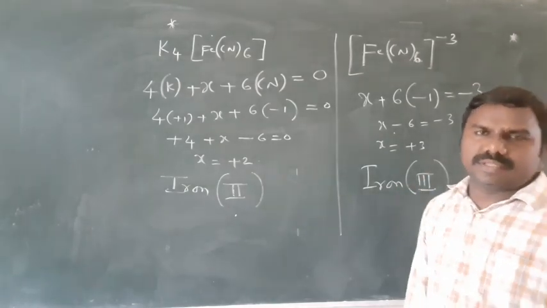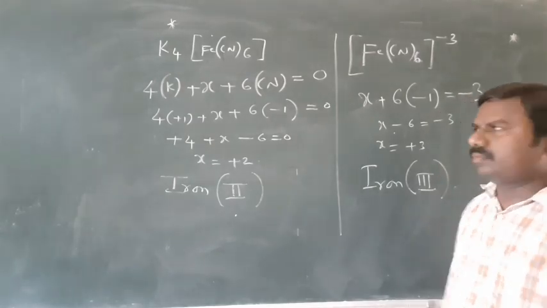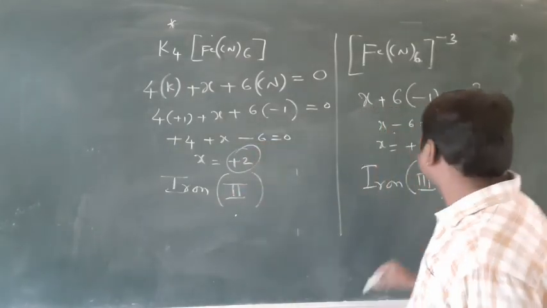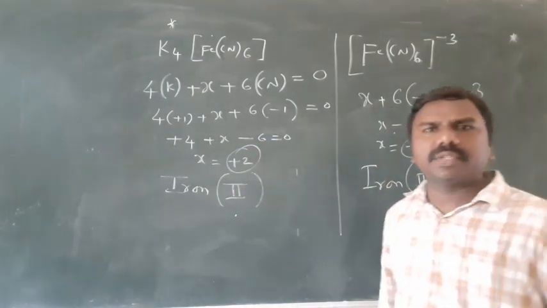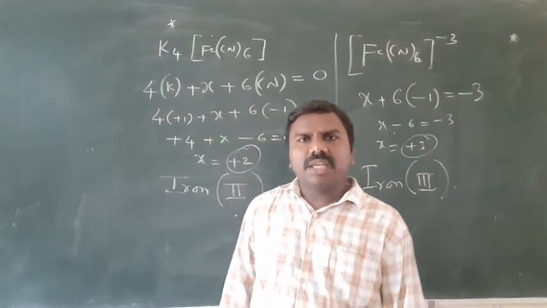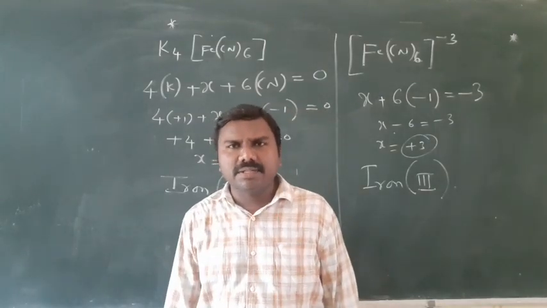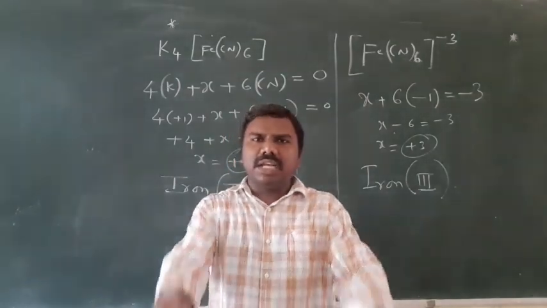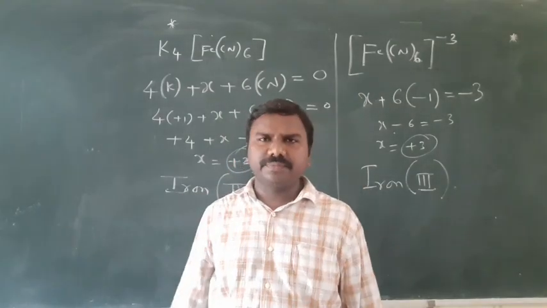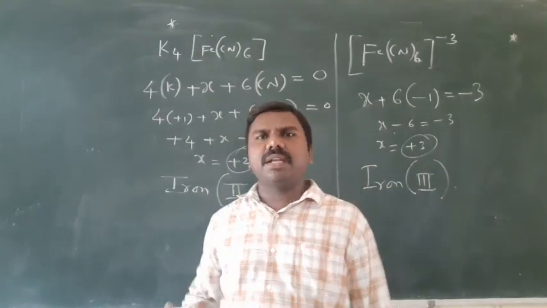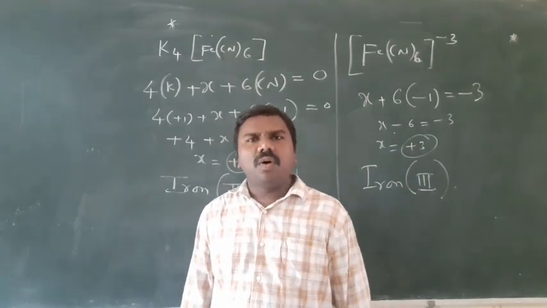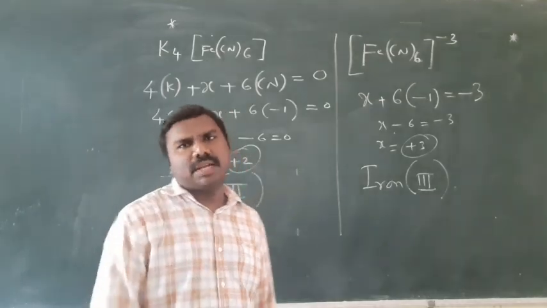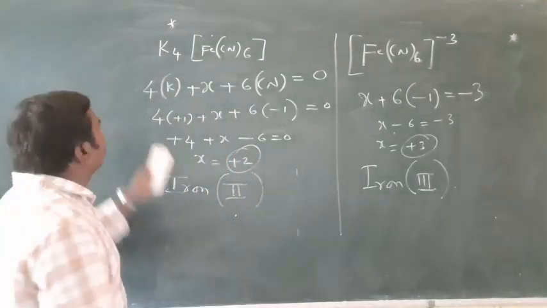So if you observe in all these examples, the oxidation state is plus 2, plus 3, as in the previous class also. From a chemistry point of view, positive indicates deficiency. Deficient means they can accept electrons easily. That's why an electron acceptor is a Lewis acid. All central metal atoms are Lewis acids. Yesterday we discussed this. Another example I am giving.